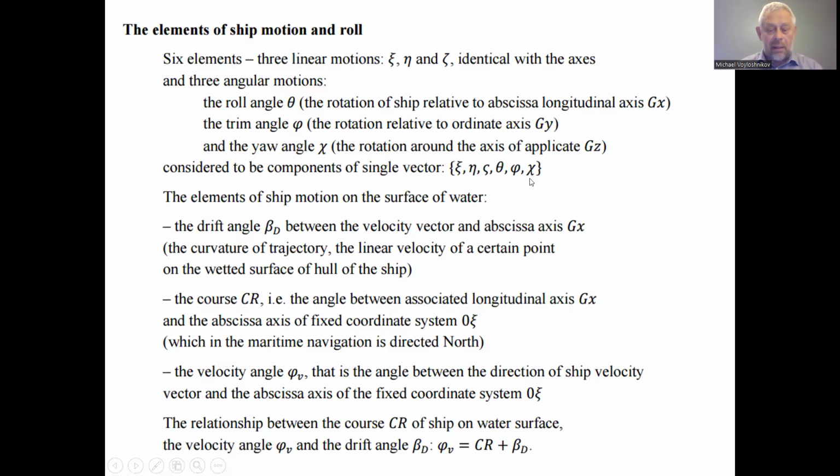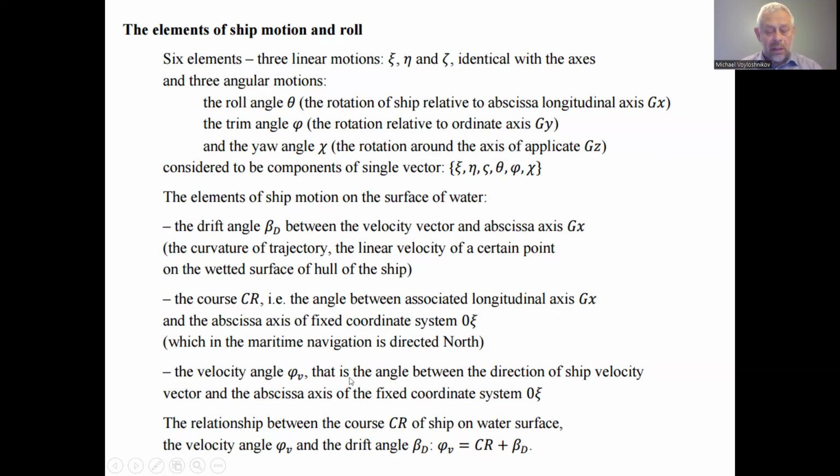and yaw chi. Despite the fact that three of these displacements are linear, or translational, and three angular, in the differential equations, when we have to find the elements of the ship motion in the coordinate system, the formal approach is the same for the translational motions of the ship as well as for the angular motions. Besides all the indicated coordinates, components of the single vector of the ship location in the coordinate system,